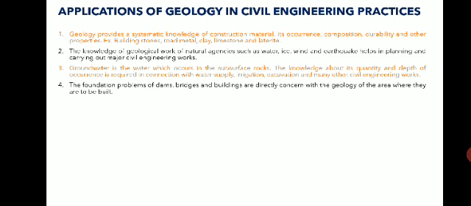Because when we construct a dam, we stop the water from flowing on the downstream side, right? So when the water is stopped, its speed decreases, its velocity decreases. The flowing water suddenly stops, right? So what happens when the velocity decreases? Whatever material the river is carrying along with it, the rocks, the soil, it will deposit into the reservoir area. So over a period of time, all these materials, which we call silt, get accumulated